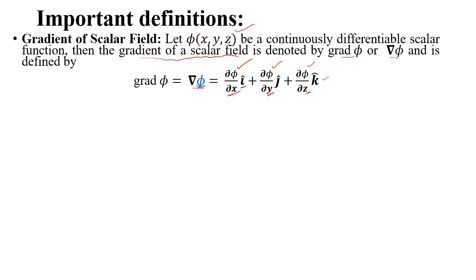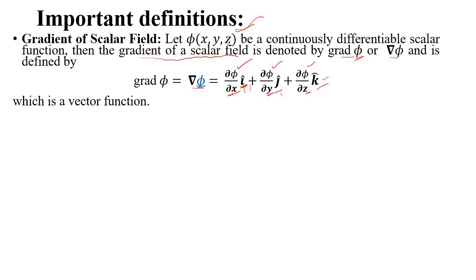This is the gradient of a scalar field. Observe, in the beginning we considered a scalar, but after applying the vector differential operator to the given scalar, this becomes a vector, because we have unit vector components i, j, k, the directions towards i, j and k. So when you have a scalar, if you want to convert that into a vector function, apply the vector differential operator to the given scalar, and that converts it into a vector point function.